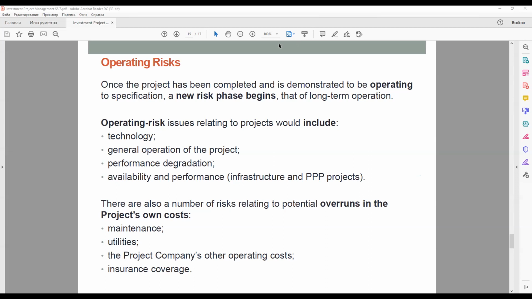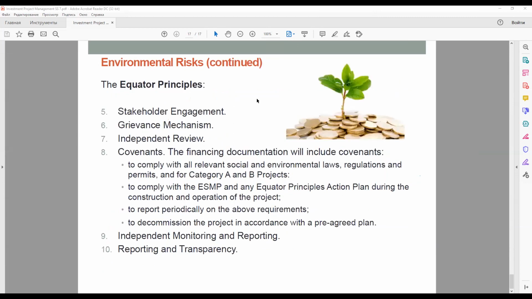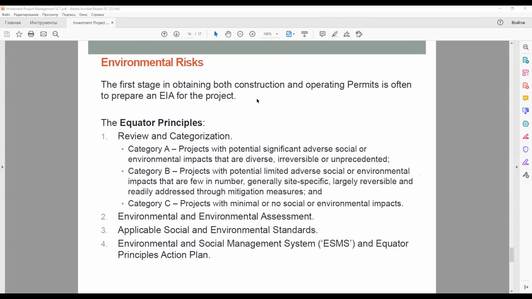So let us have a stop here. We will leave environmental risks, very interesting and not new, but of growing concern for project finance and project management. And we'll continue with a topic very intense in a sense of calculation and financial techniques usage, about how to manage, mitigate, and analyze financial risk of the project.